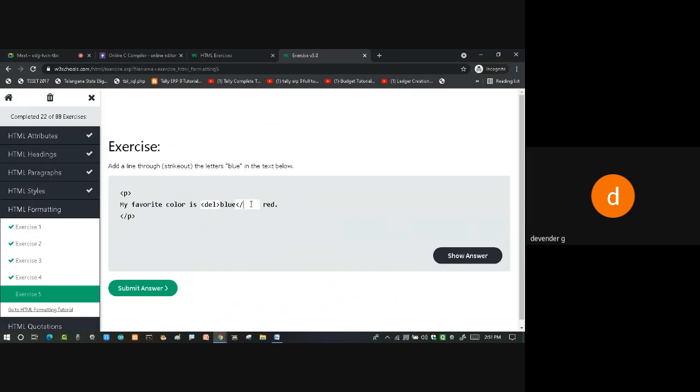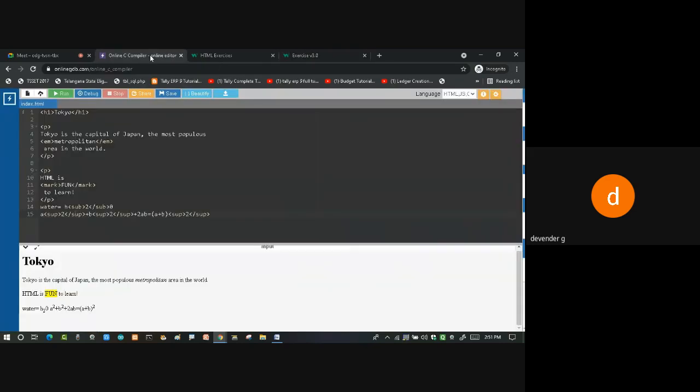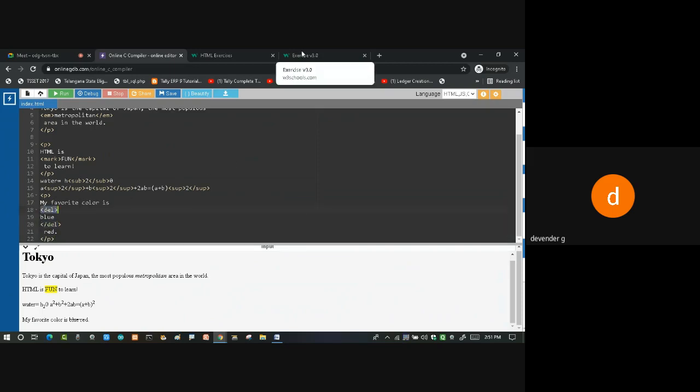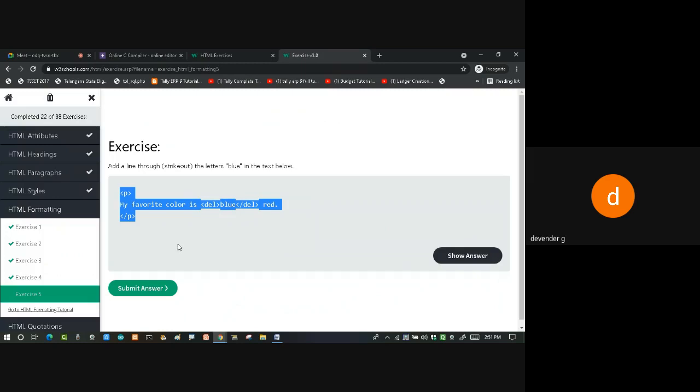So del open and del close. It is going to delete the text. That means I'm going to get the strike effect. You can see the blue text has been struck with a line. For that we are using the del tag. These all come under the formatting tags.